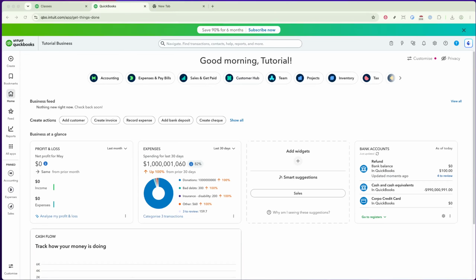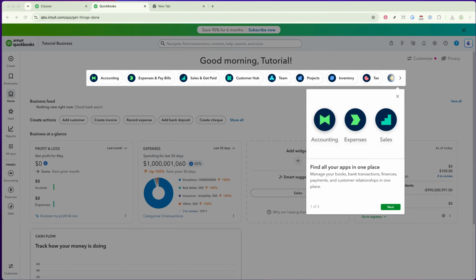In today's video, I'm going to teach you how to manage fixed assets in QuickBooks Online. Managing your fixed assets is an essential part of keeping your business's financial records accurate and up to date. Whether you're tracking depreciation, adding new assets, or removing items from your list, QuickBooks Online provides a user-friendly way to